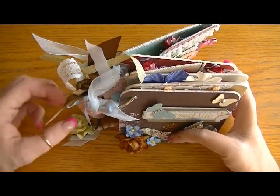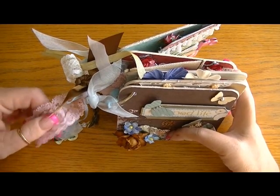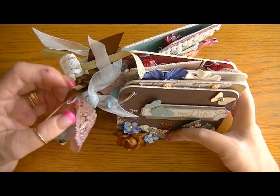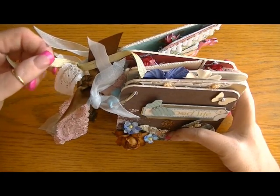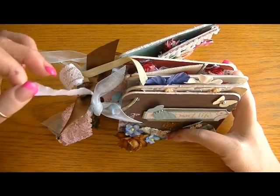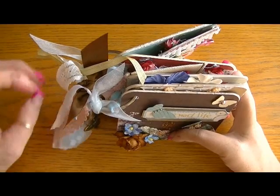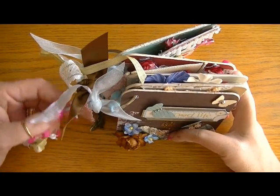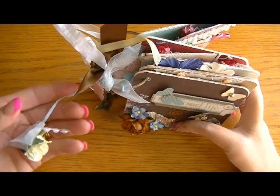that she gave me. This sweet pink, like stretchy lace, Donna from Scrap Challenge had given me. There's some Wild Orchid Crafts seam binding and some other seam binding that Susan had sent me. She's Scrap Paper Queen. Over here I used the light blue ribbon that Lydia had sent me, and I just